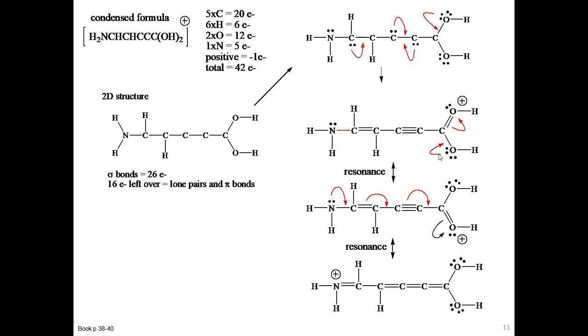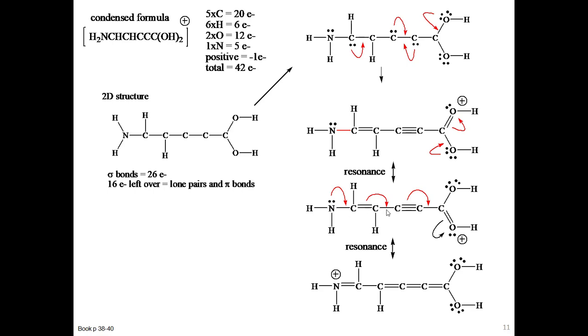Now I could have borrowed these electrons, push these back and give them back to this guy, and then I would have the positive charge on this guy. These two are equivalent structures, and they're both good structures because I have maximum number of bonds and full octets. Now I do have the positive on the oxygen, which is more electronegative, but they're both oxygens, so there's no difference between them. But if I come way down to the other end where the nitrogen is,